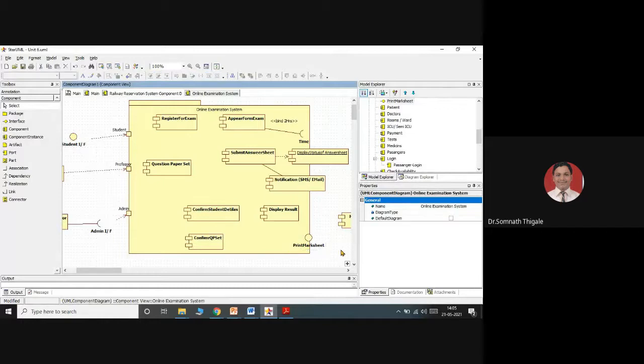After display results, confirm student details will be able to interact directly through association. Admin will be able to provide, print the mark list, no other part. So I'll have the association directly over here.